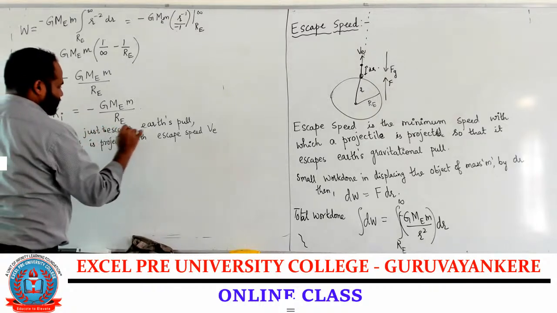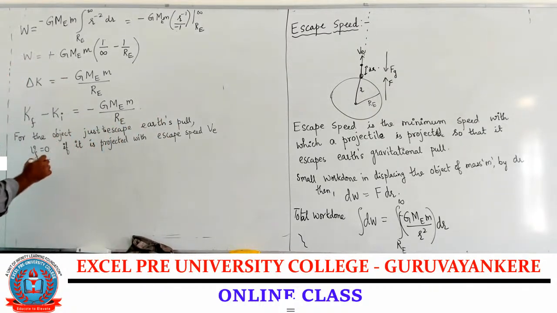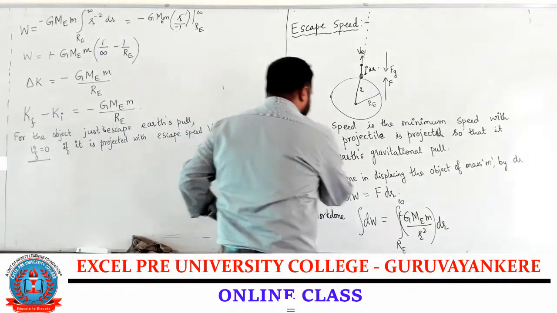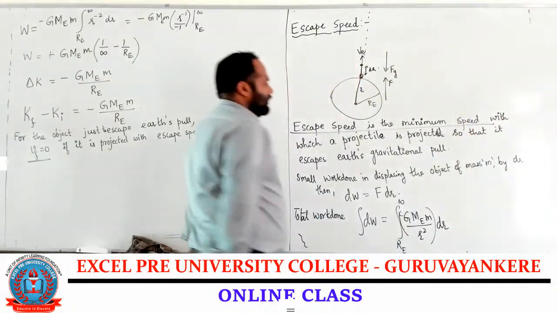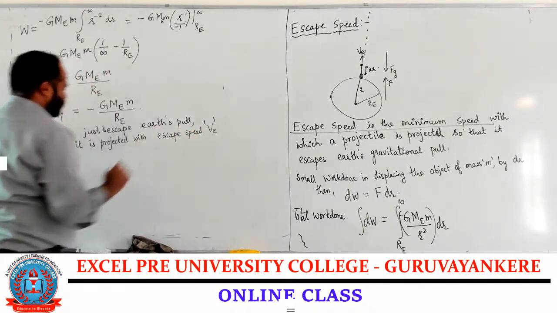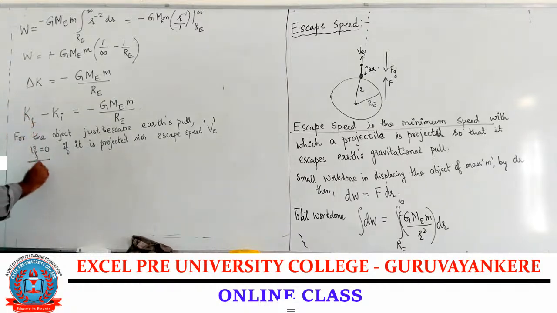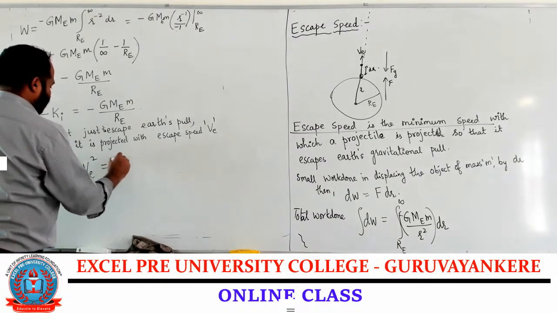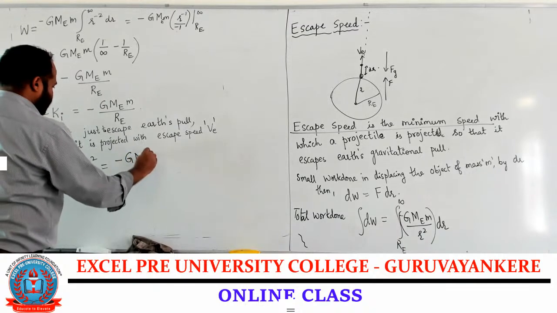So for the object to just escape Earth's pull, the minimum speed you have projected is called escape speed. Escape speed is the minimum speed. Minimum speed means it will just escape out of Earth's pull, so that its final kinetic energy will be zero, final velocity will be zero. Initial speed is obviously Ve. Then what happens? Final kinetic energy is zero. Initial kinetic energy is half m Ve square is equal to minus GMeM by